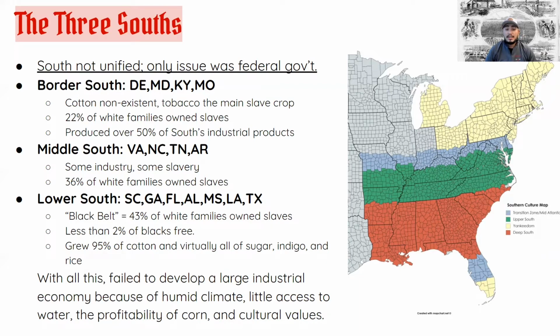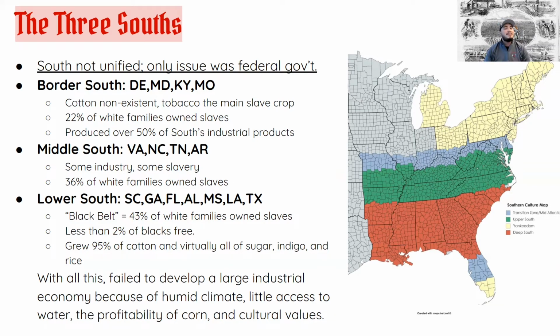Less than 2% of the population within these places of the South are free. There are these circumstances that are starting to grow, and we've talked about them a little bit, where some African American slaves find a way to break the chains, either by paying off their owner or having some kind of deal. They are very rare, as only 2% of African Americans find a way to be free before the Emancipation Proclamation. But that is not to say that things were fully accessible to them with rights and everything. In the South, though, this is the powerhouse of cotton.